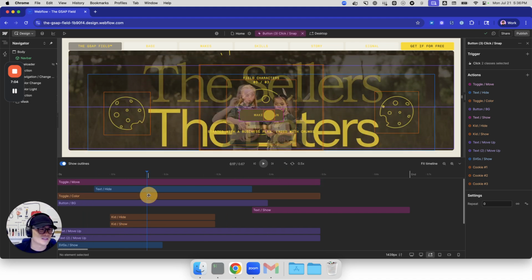So that's it. This was a lot longer than I thought it would be originally, but I guess there are a lot of tips and ways for you to interact with and navigate the new timeline feature for interactions. Hopefully this was